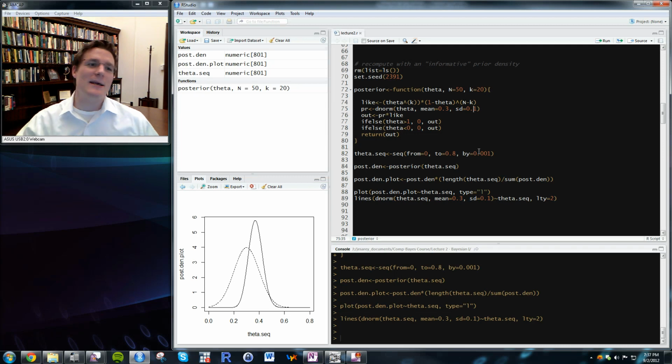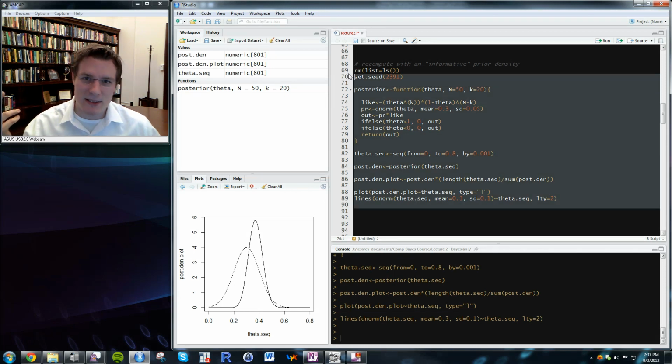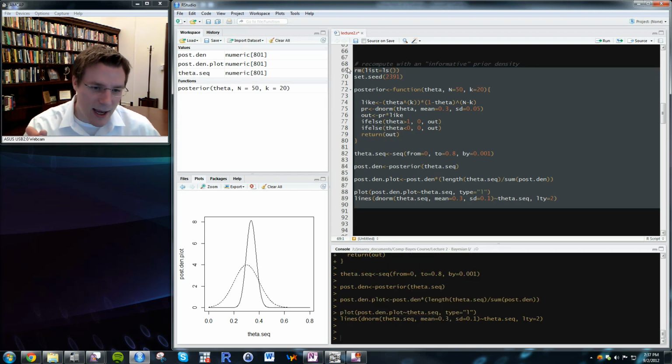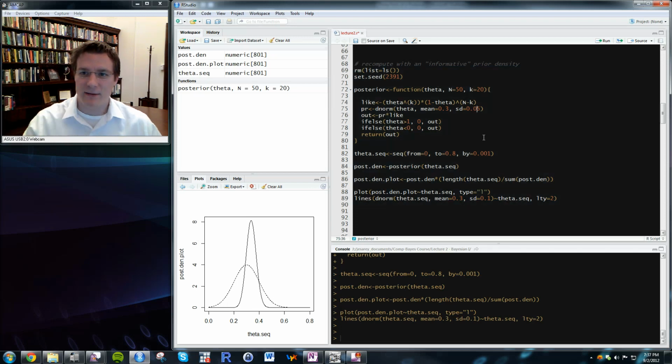But for the time being, say, well, suppose that we were more convinced in advance. Suppose our standard deviation was tighter on the mean being 0.3. In other words, we were just more convinced that, hey, this is a biased coin. I know this is a biased coin, and it gives too few heads. Well, if I rerun my analysis, you can see how the prior has changed, and how the posterior is now sort of tighter and has moved toward 0.3. And if I make this even tighter yet,